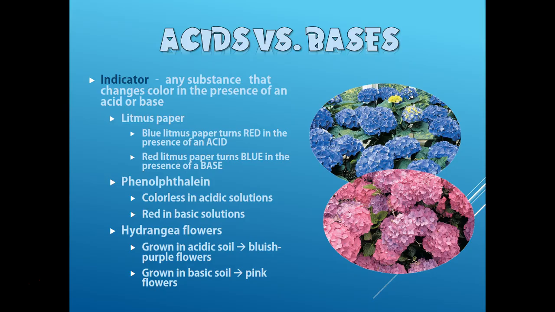Now, we've got pH strips that we probably use a lot more at the high school level. You may use that litmus paper more at a middle school or elementary level. The pH paper actually gives you a range of colors based on how acidic or how basic you're dealing with. Another common one that you may come across in chemistry class